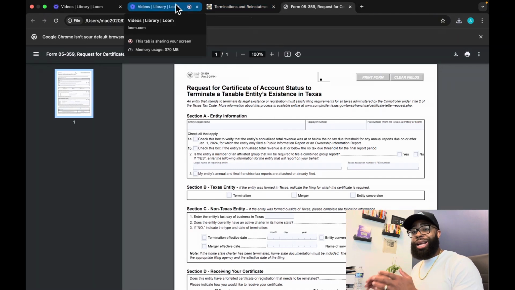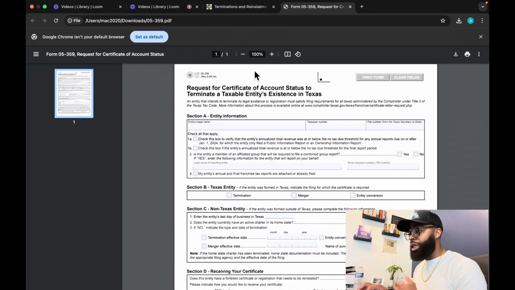But if you are not in good account standing, then you're going to have to either pay a late fee for maybe a BOI report or franchise tax report that was never filed or filed late. You're going to have to file and submit those reports and pay any late fees that may be attached to that, okay? Now, the easiest and quickest way to do this, and what I've done in the past, is go